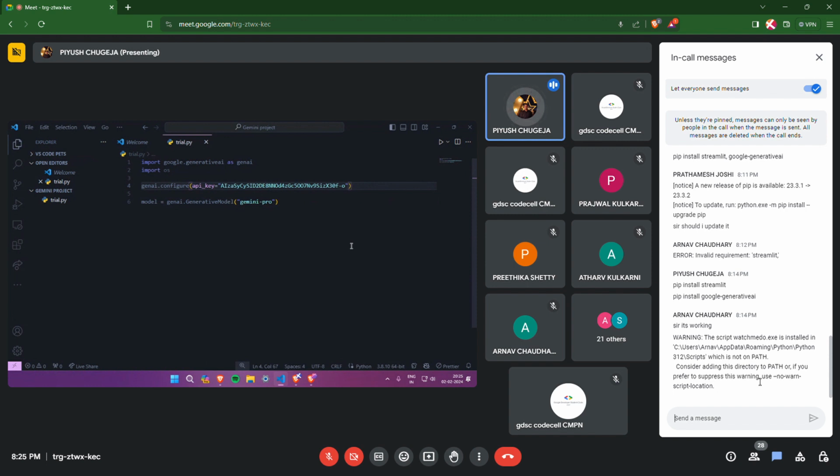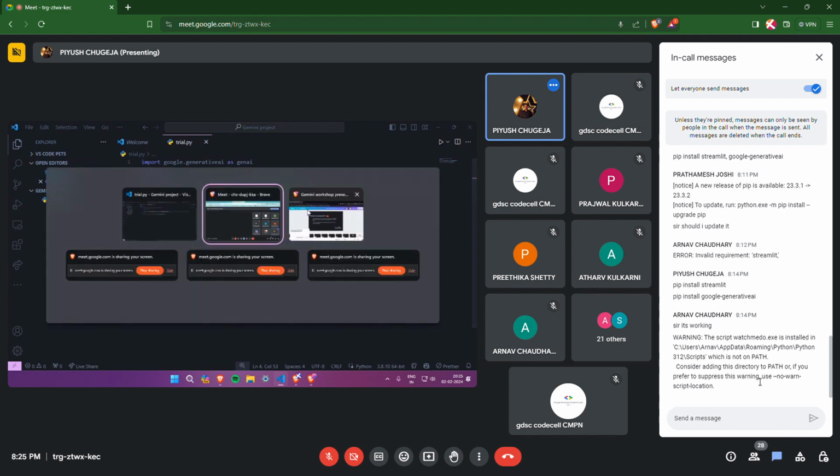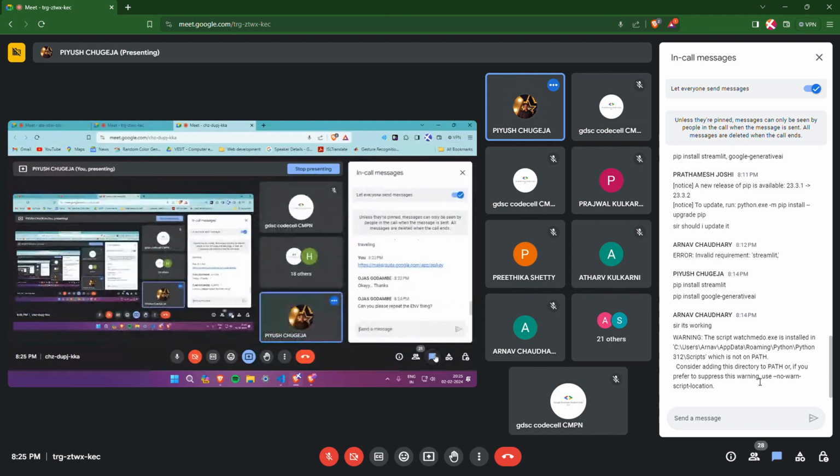But ensure that if you are sending this code somewhere or if you're uploading this code on GitHub, do not expose your API key as it may get leaked and it will get cancelled as well. Right? Is that okay, Ojas? Yeah, okay, great.